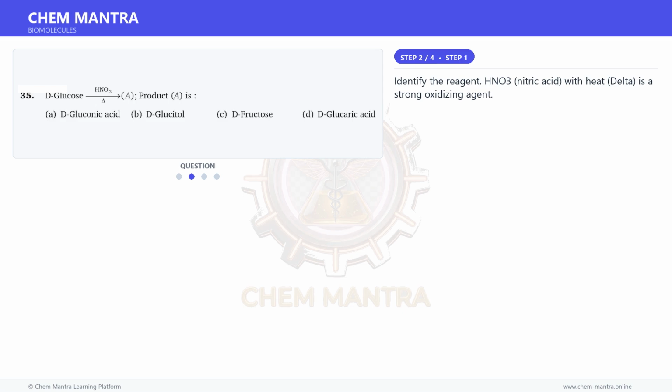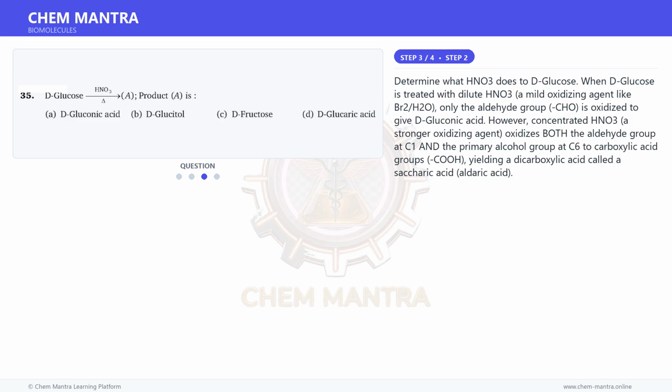Moving on to the next step. Identify the reagent. HNO3, nitric acid, with heat, delta, is a strong oxidizing agent. Moving on to the next step. Determine what HNO3 does to D-glucose. When D-glucose is treated with dilute HNO3, a mild oxidizing agent like Br2/H2O, only the aldehyde group, CHO, is oxidized